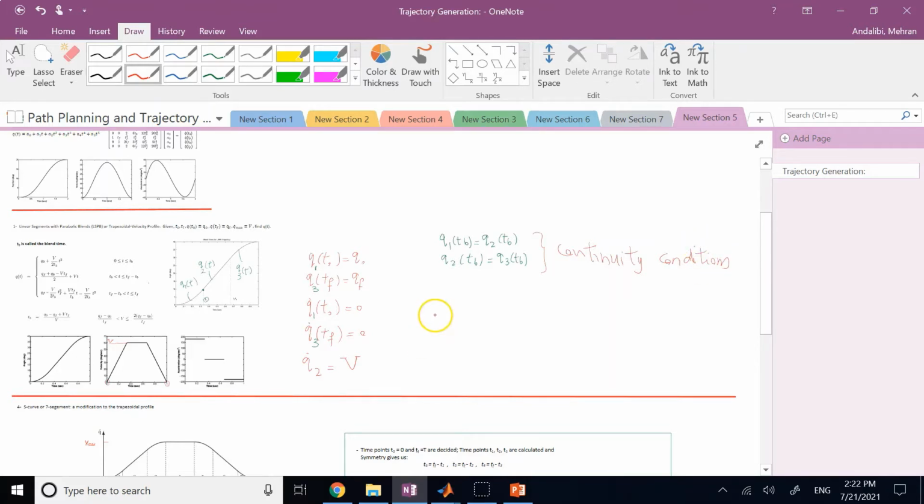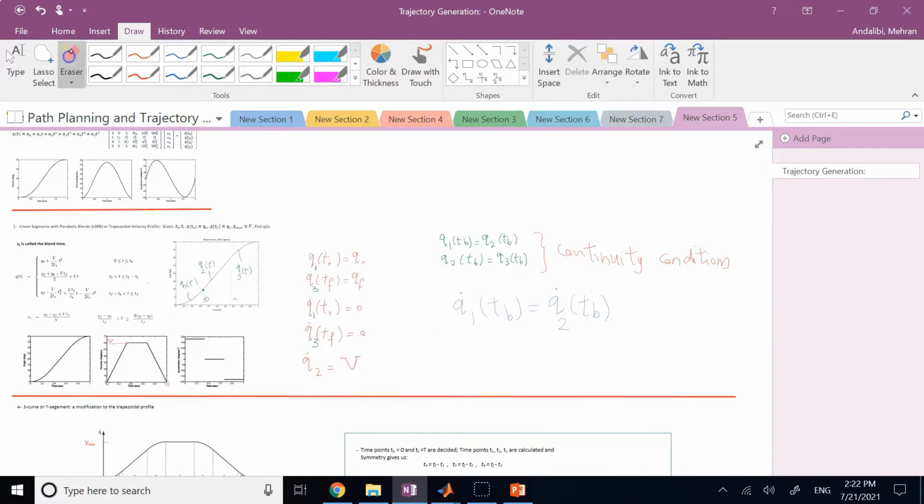And then I have smoothness conditions, which is basically the slope of the first function q1 at the t blend should be the same as the slope of the second function at t blend. So q1 dot at t blend should be the same as q2 dot at t blend. And then